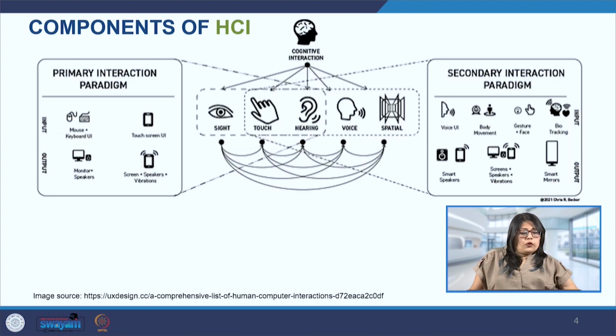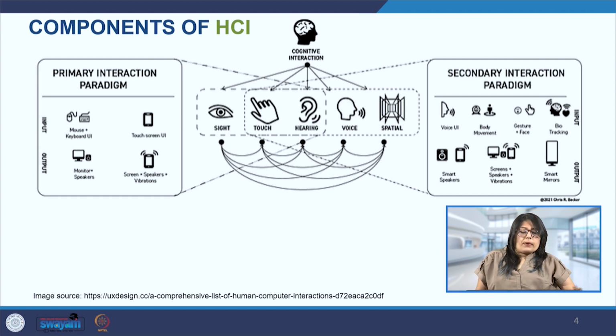Now, continuing to look at the components of HCI, there are two basic things: one is the primary interaction paradigm and the other is the secondary interaction paradigm. We'll take a look at both of these aspects. The primary interaction paradigm, as we can see in the image here as well, refers to the most direct and fundamental ways in which users interact with computers or digital systems.